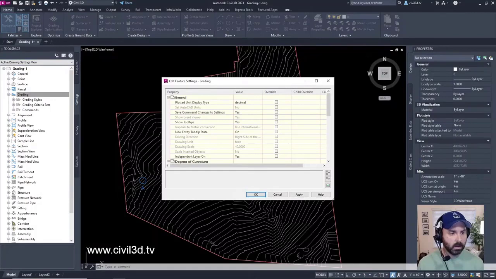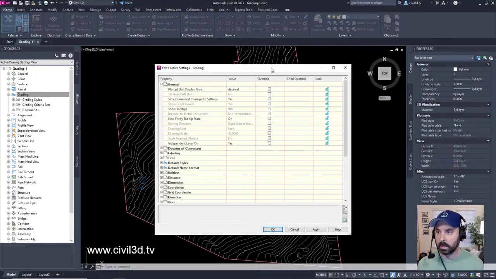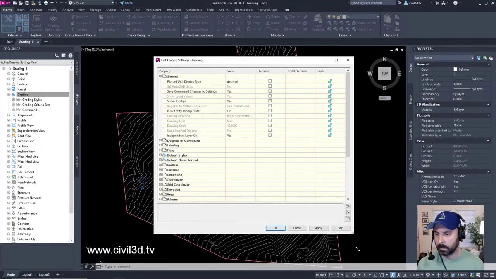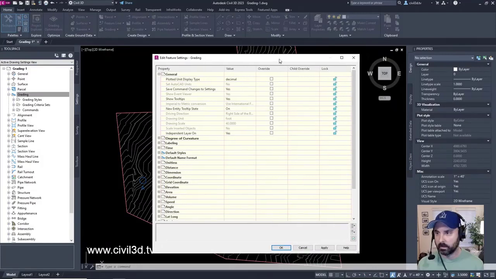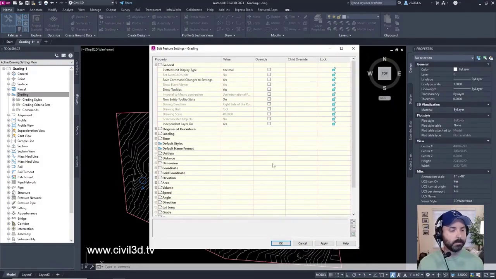Okay. Now, as we get into this, we're going to expand. What else? Let's open this up a little bit further. There's a lot of settings in here, folks. A lot of settings. It can be very, very overwhelming. I mean, look at all this stuff. Who wants to go through all this, right?